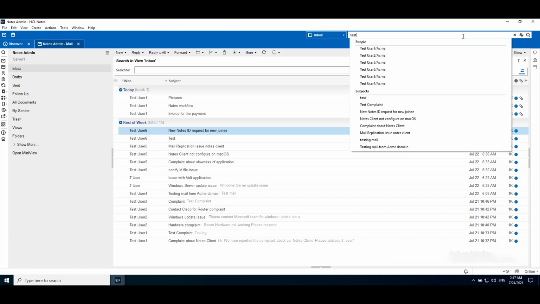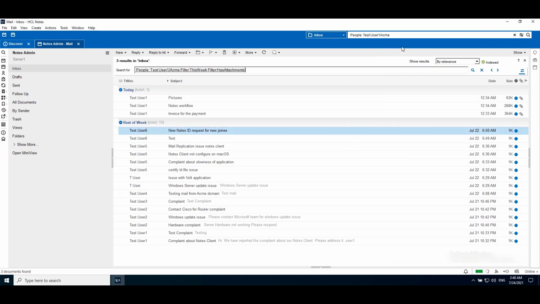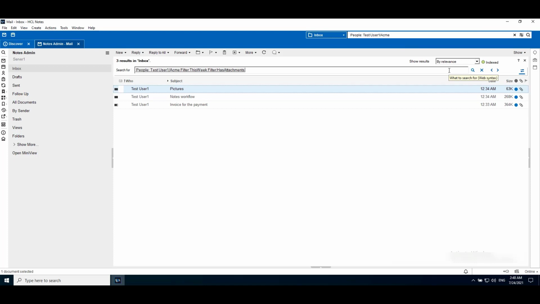Now if we select test user 1 and search, it displays results with respect to test user 1/acme in the inbox with the specified filter criteria. We can see it displays an email that has an attachment received this week from test user 1. You can see the user-friendly query in the search this view area.